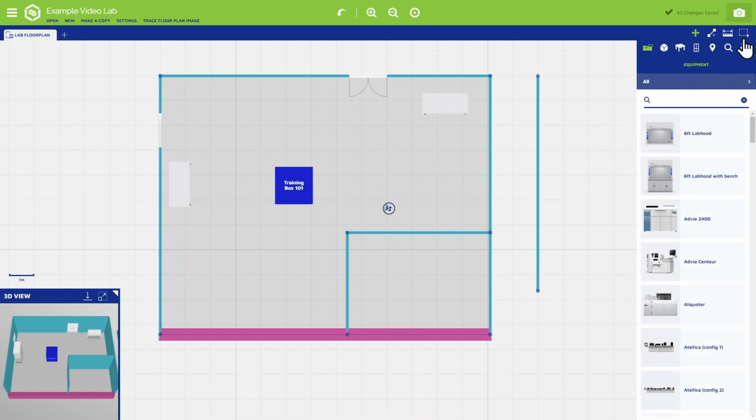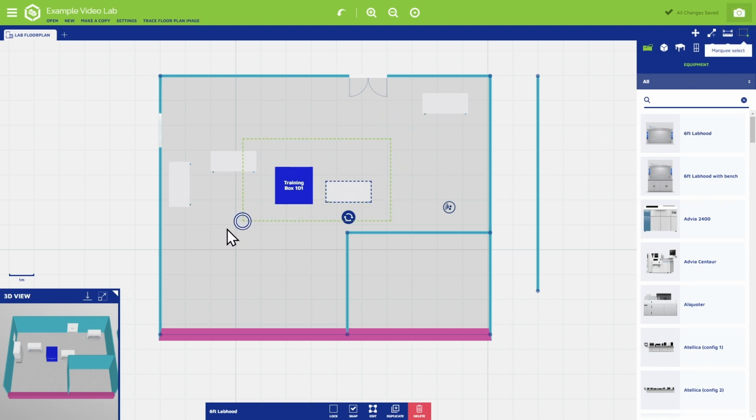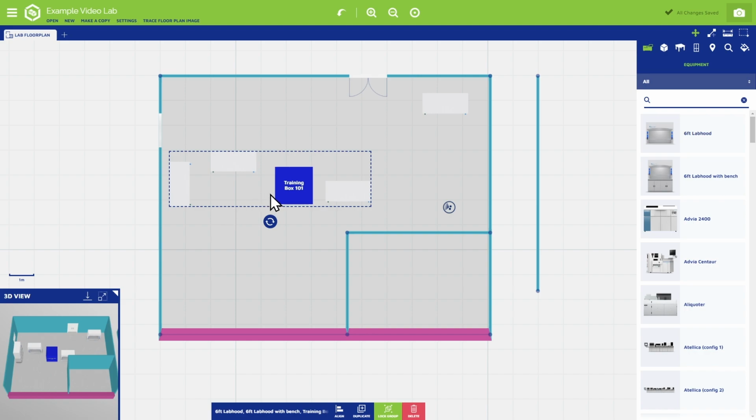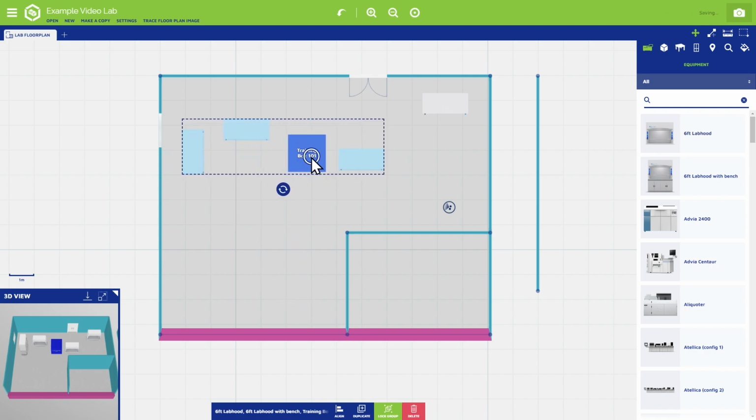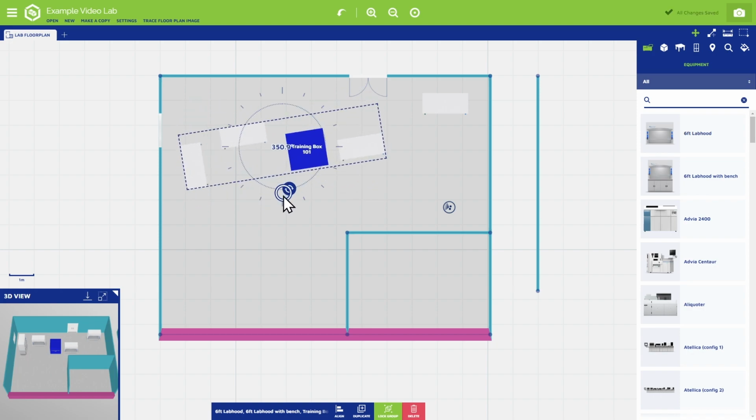And lastly, there's the Marquee Select function. I'll add a few more assets to help show this one off. The Marquee Select function allows you to click and drag a box around a number of assets to select them all simultaneously. While multiple assets are selected, they can be moved together, rotated together,